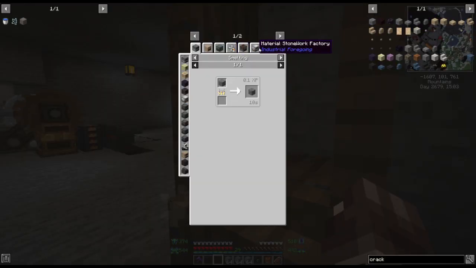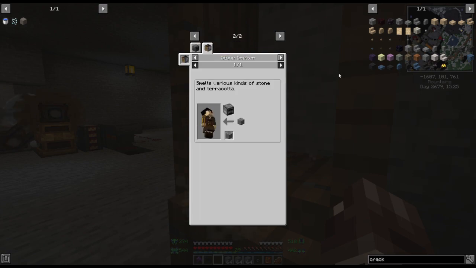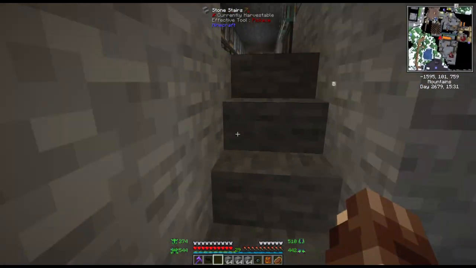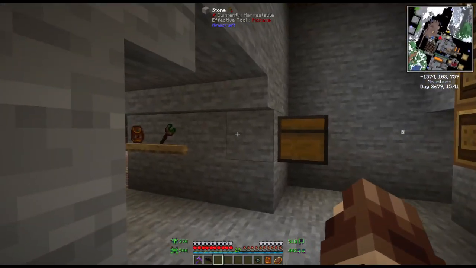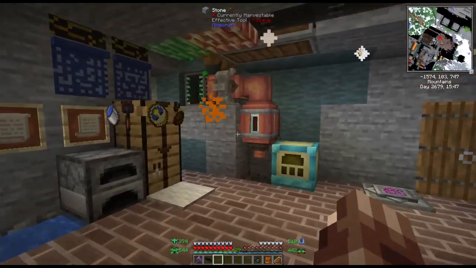Let's see. I haven't tried the crusher yet, but the energized smelter I know works. I haven't tried the enrichment chamber yet. Of course, I could always go to the stone smelter and probably have her do it. That's actually probably not a bad possibility. Only I have to make certain I give them lots of stuff to cook that stuff with. So I think I'm just going to go with